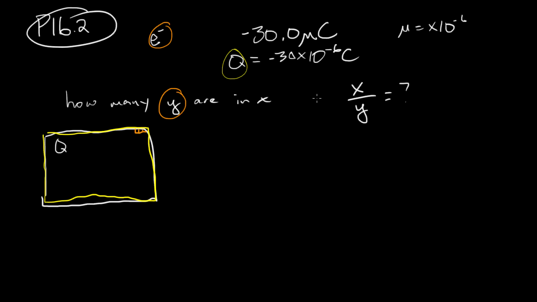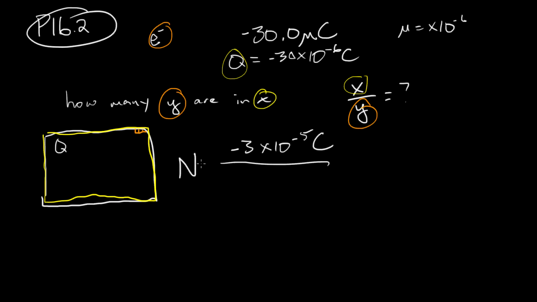okay, so Q's our yellow thing. Q is X and E is Y. Okay, so let's put this in. Alright, in X we have minus 3 times 10 to the minus 5 coulombs. This is going to be the number. So you count up how many of these little orange squares would make up that big yellow rectangle, and you get your answer. So minus 30 times 10 to minus 6 is the same as minus 3 times 10 to